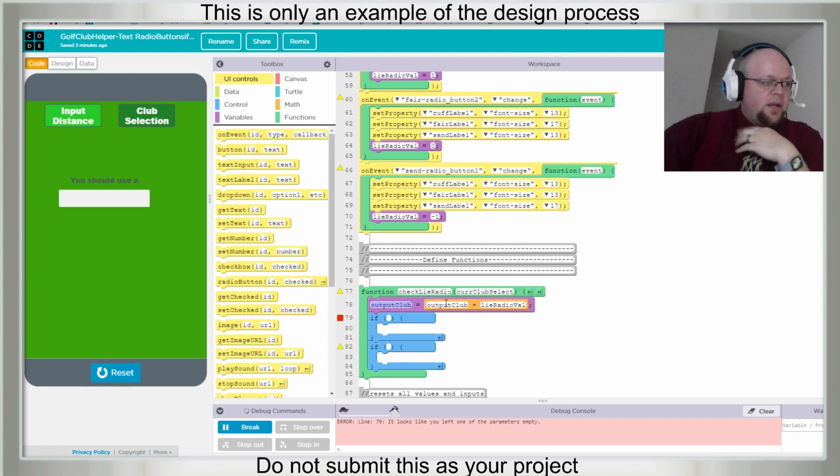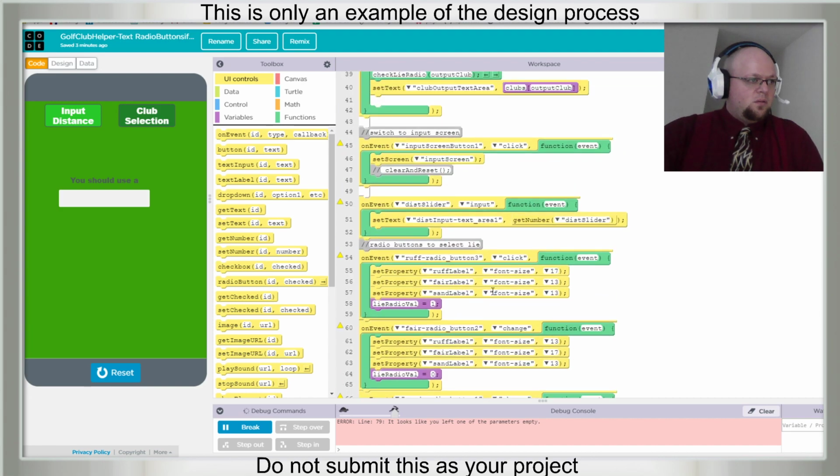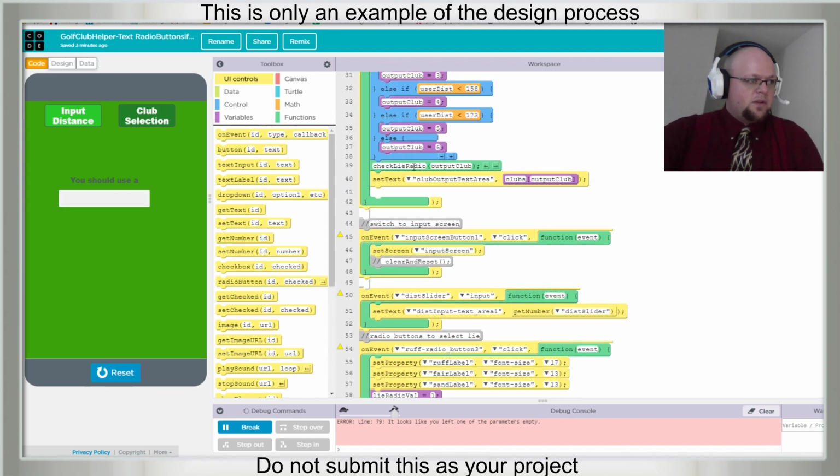we are right now, when we get current club select, we've changed when we call this function check lie radio button. This is getting kind of confusing.